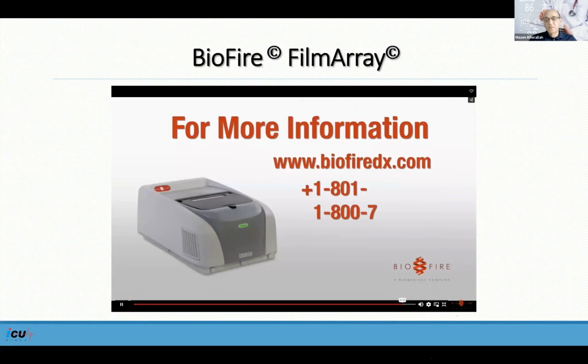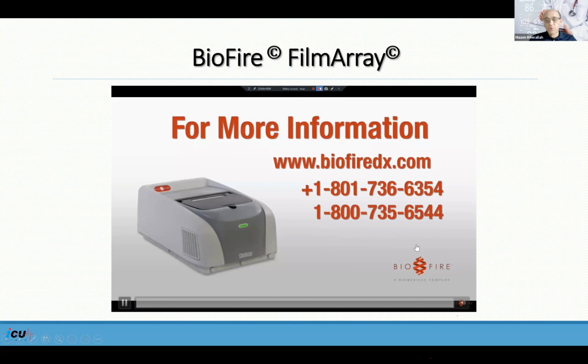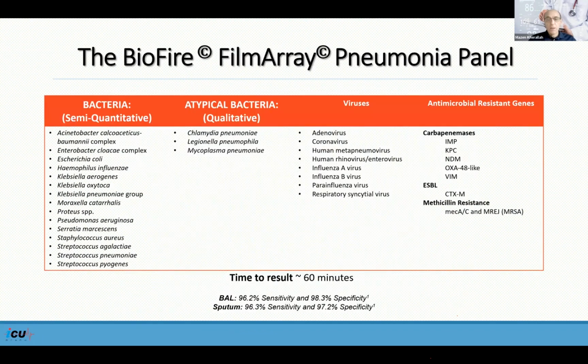So as you see, it's a very simple procedure. Most of it is automated. The principle is essentially just release the nucleic acid and amplify it. We use two-step PCRs. One of them is generic and then very specific with the second step to identify certain organisms. And with this, the organisms that we identify include